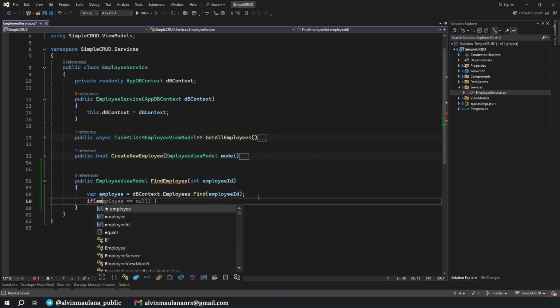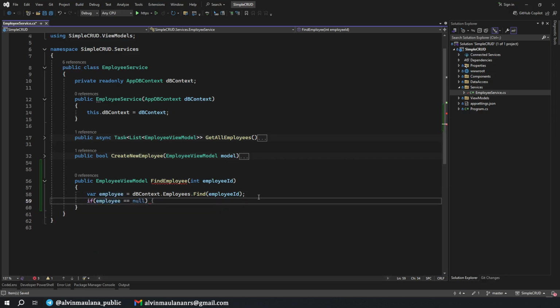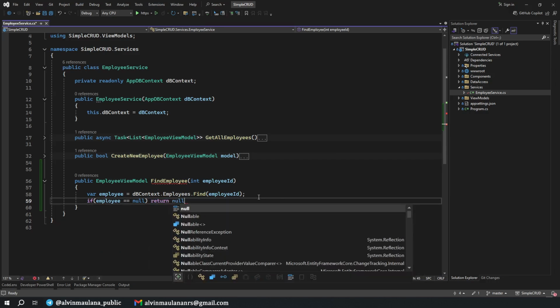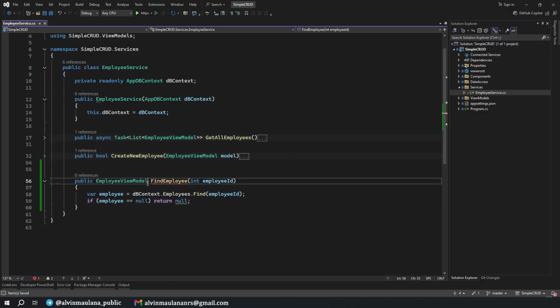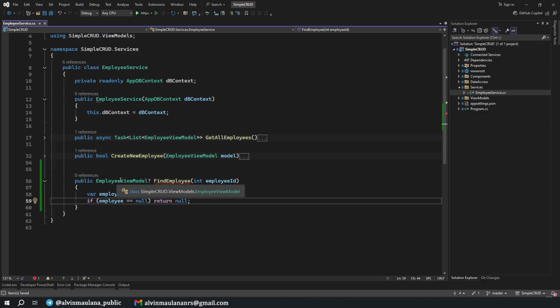If the employee is null, we will just return null. We also set it like this, so it means it's nullable. We can return null and return the employee view model.